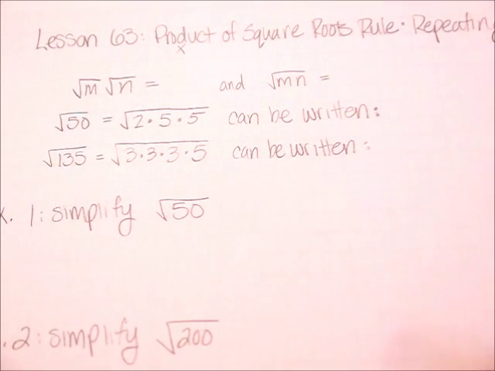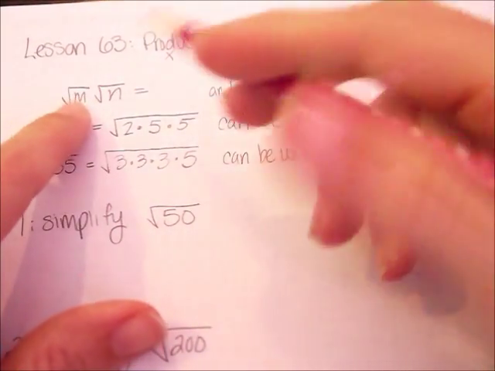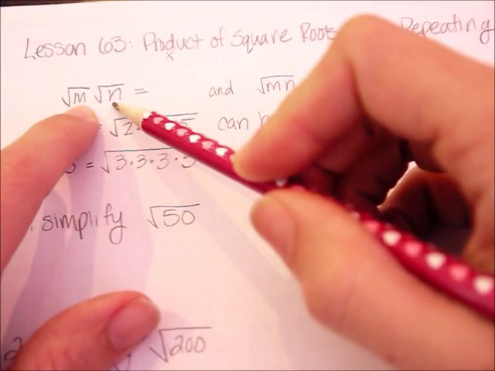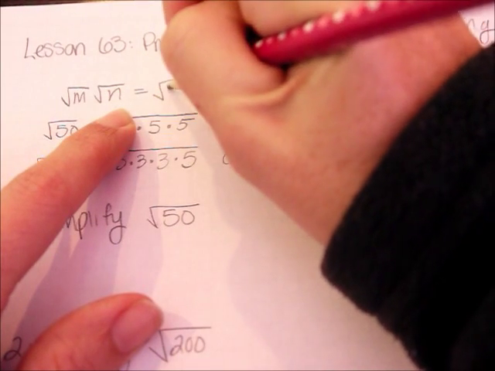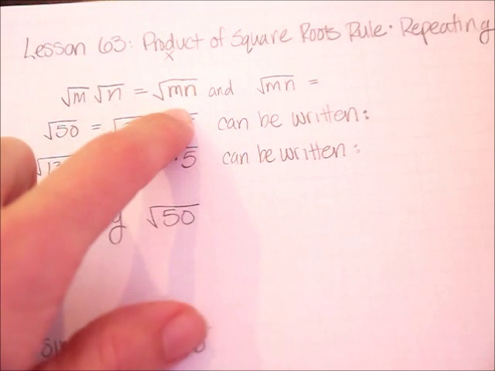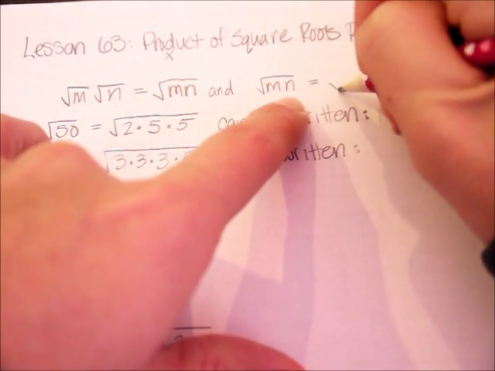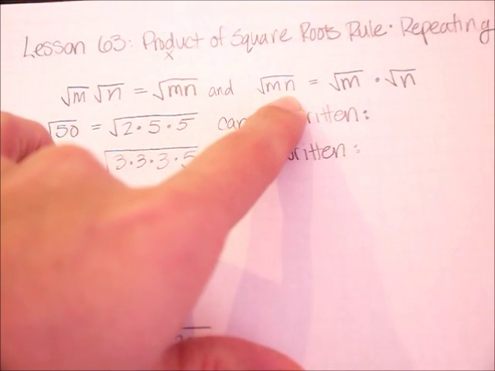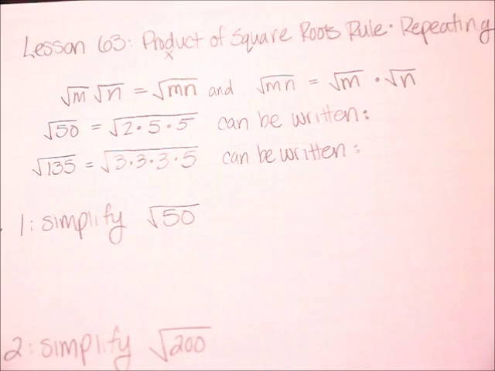Okay, so here we are. The rule tells us that if you have two things that are multiplied, a radical times a radical, then we can put them under the same radical sign and multiply them together, just like that. And vice versa. If you have it together already, that's the same as separating them. So this is a rule that's going to be used a lot in simplifying